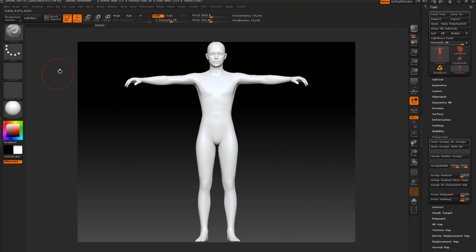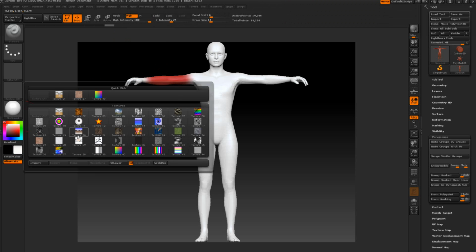Now if we polypaint with color, we need RGB on and ZAdd off. ZAdd means when we turn this off, we don't get any deformation. So if we paint with a color, we don't really get any distortion, it doesn't distort. Now I'm going to turn this to white. Now if we do it with a texture,